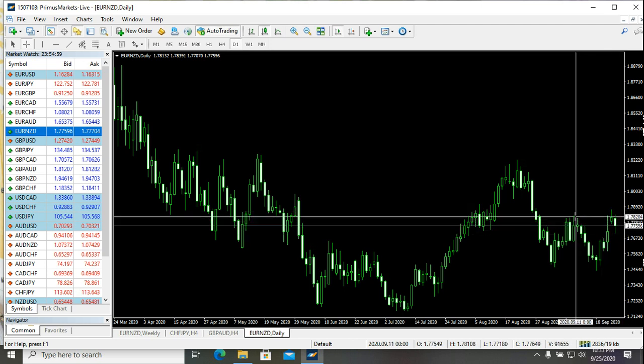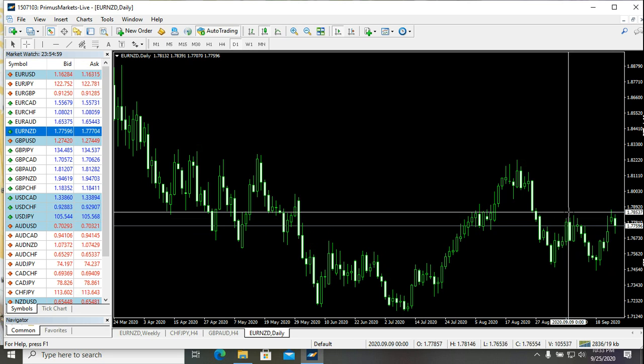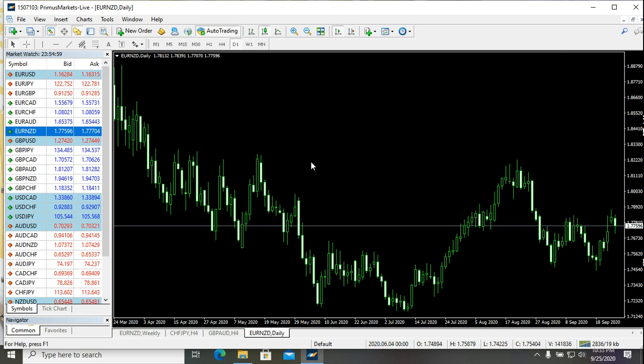Now look at it. This consolidation, has it been broken? Not yet. It hasn't been broken yet. So what we have to do is to keep an eye on this trade. This consolidation needs to be broken. Once it is broken, because the last candle didn't break it, if you look at it from that perspective, the last candle couldn't break. So what we're doing here is waiting for a new candle to break this consolidation,